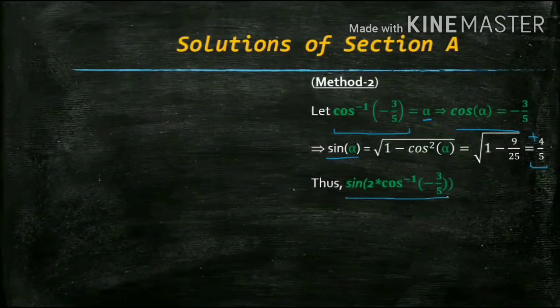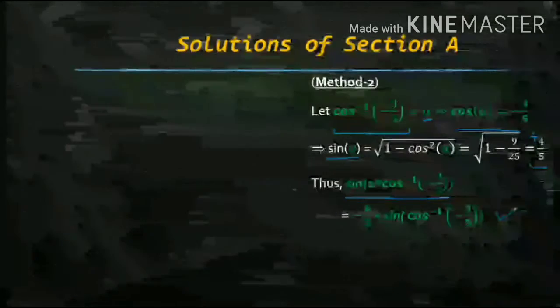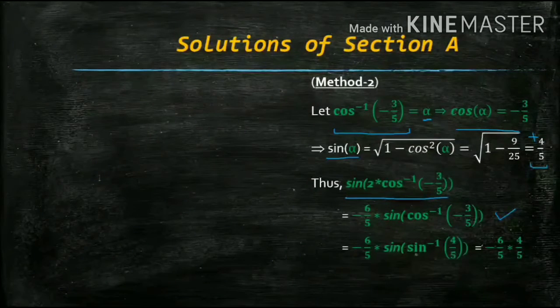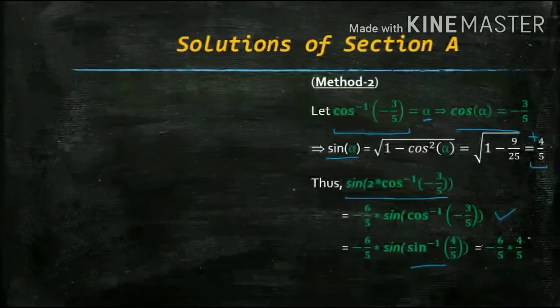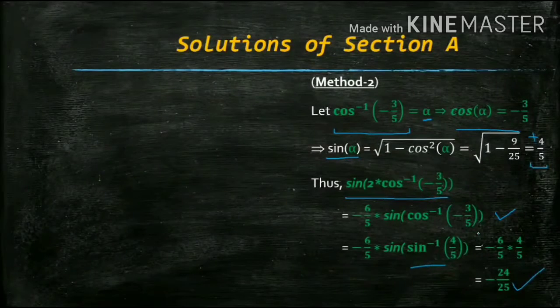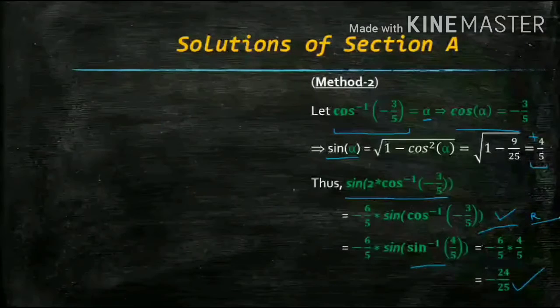Now, you were having this expression. You reduced it to this. Correct? Substitute the value. So, it would be minus 6 by 5 into sine of alpha, and then finally replace alpha by sine inverse 4 by 5. And that is nothing but 4 by 5 only, because this belongs to closed interval minus 1, 1. So, it would be minus 6 by 5 into 4 by 5, which is nothing but minus 24 by 25. Clear? Here you have to give the reasoning, sine of sine inverse, that kind of reasoning. Okay?